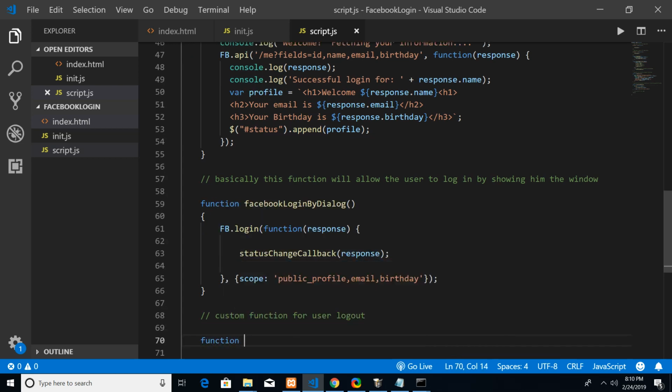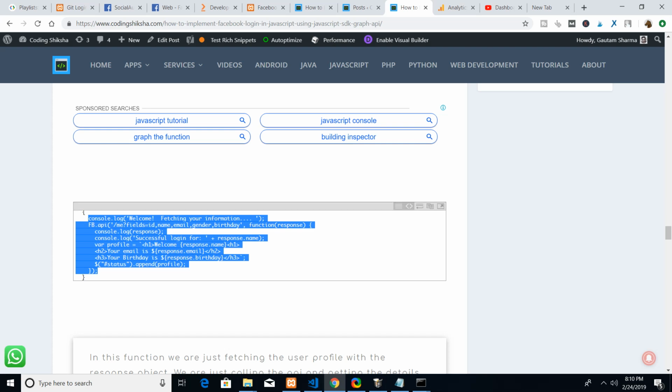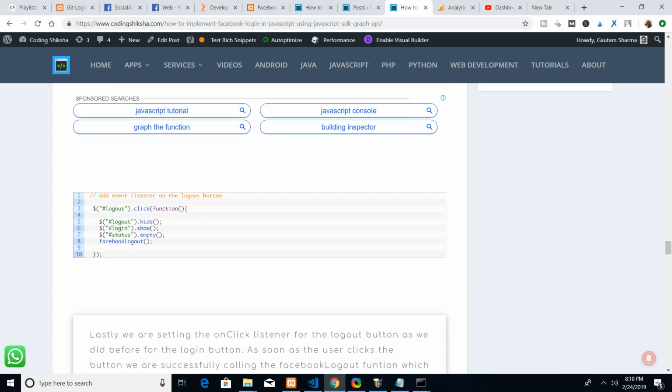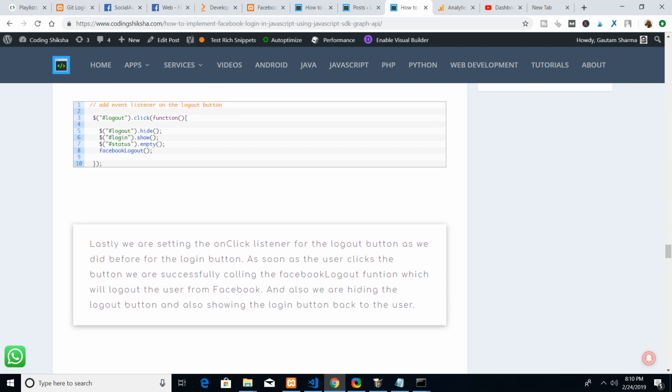So the function Facebook logout. Let me move to the blog here. So two lines of code is there, guys. Just wait. You need to also make sure that if the user presses the logout button, you need